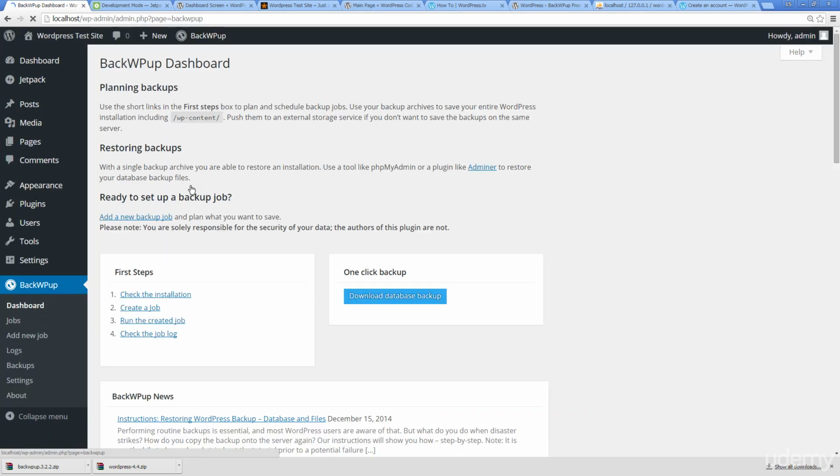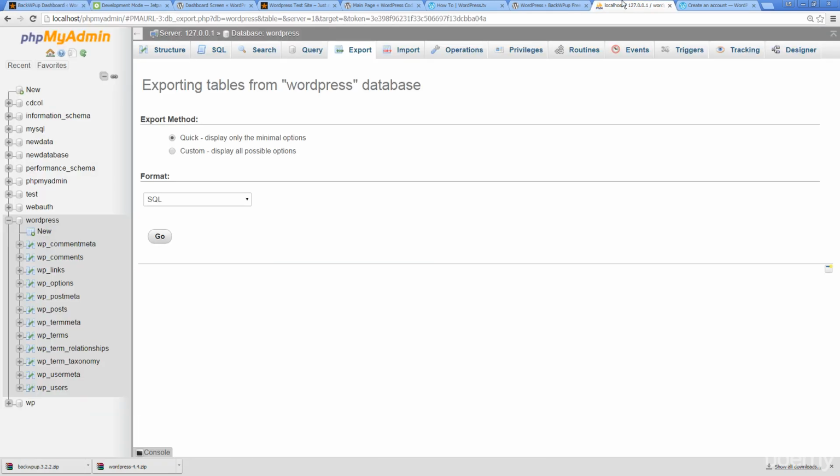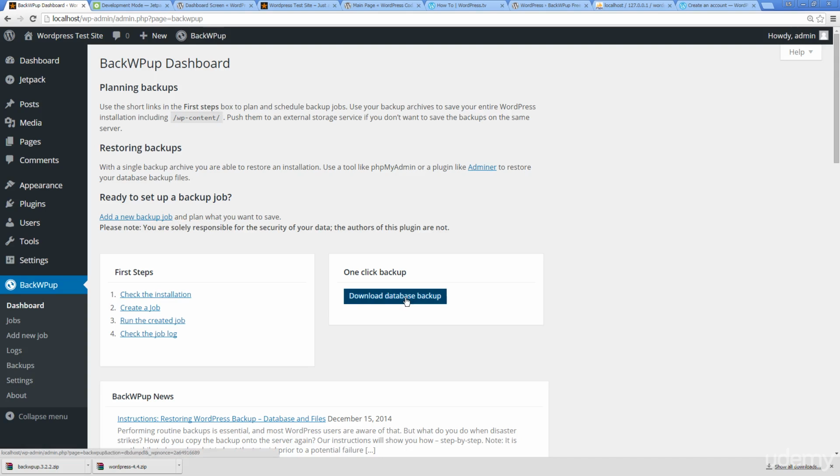So we have the ability to set that up, where we can check the installation, create a job. We can create these automatically, download database backup. So again, the same thing as going into phpMyAdmin and downloading it, but this just gives you an easier way. And usually with WordPress, a lot of times you don't want to be jumping back and forth through different screens. You probably want to stay within the dashboard and just be able to do everything there, as well as set